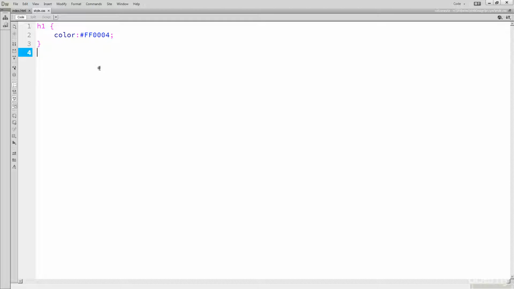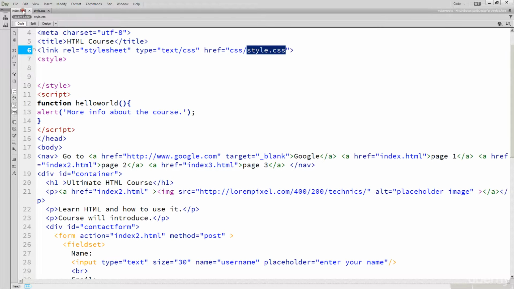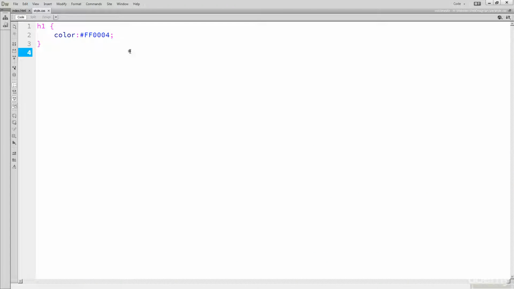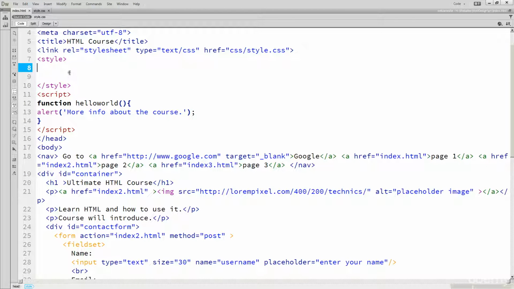So throughout this course, we're going to be adding in styling. We're going to be doing some inline styling, we're going to be adding on-page styling, and then additional styling within the style CSS file. So again, depending on how you're using your styling, if you only have one page for your website and all that styling is being held here, you can do this within the on-page styling as well, or if you have some minor changes that you want to add in, you can do a combination of the